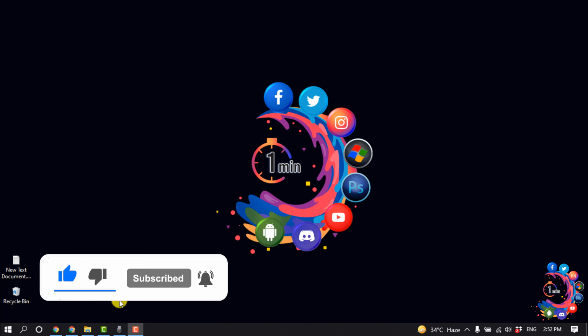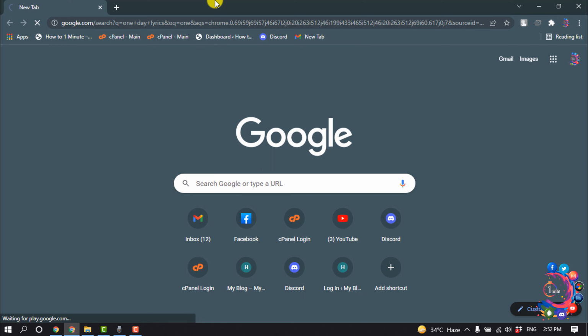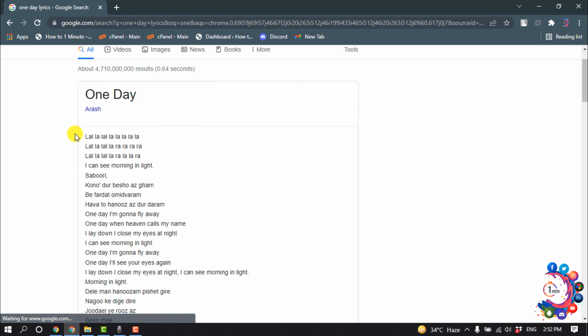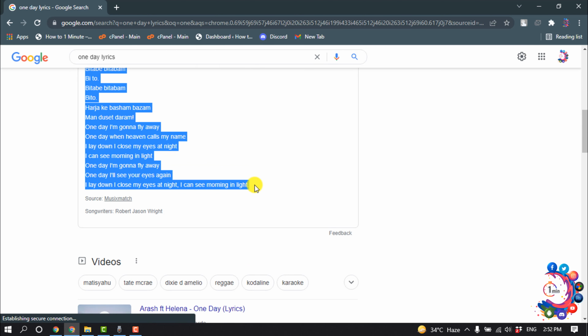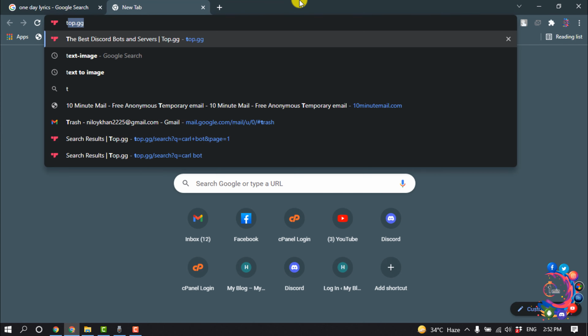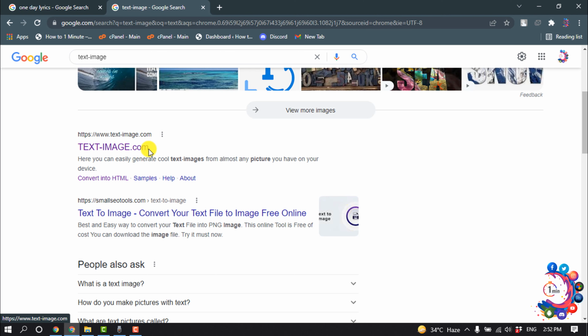How to 1 minute. So first of all, open your browser and now open a song lyrics. Now you have to copy the lyrics you want to add on your picture, and now open a new tab and type here text image, and you have to open this website textimage.com,